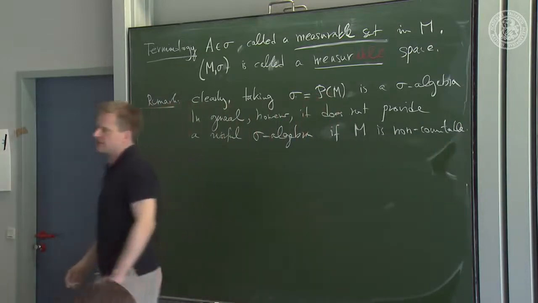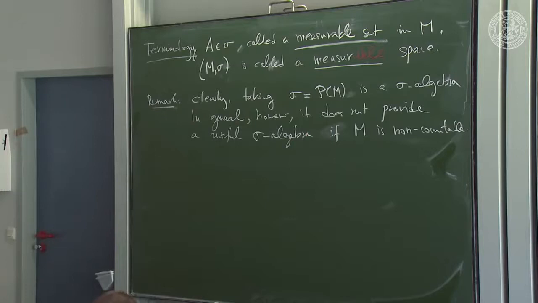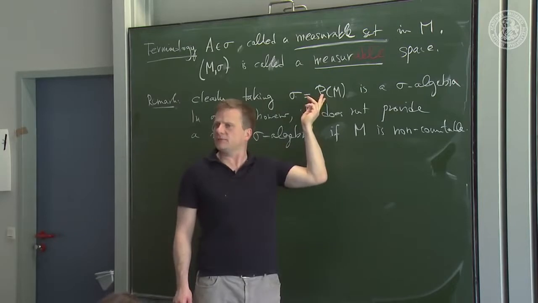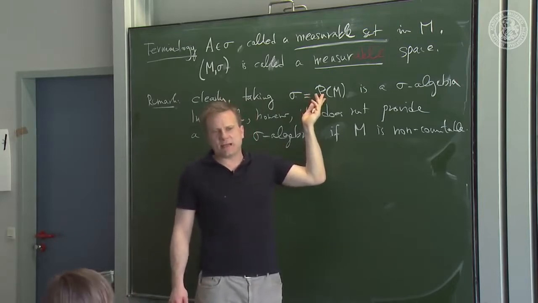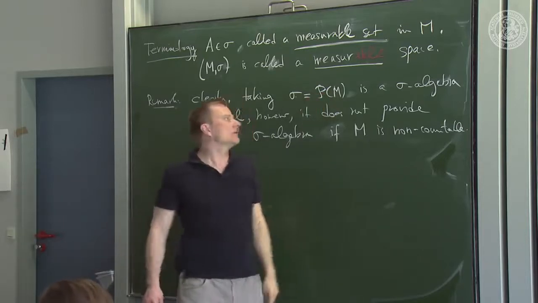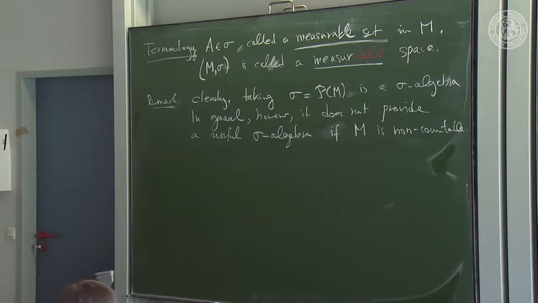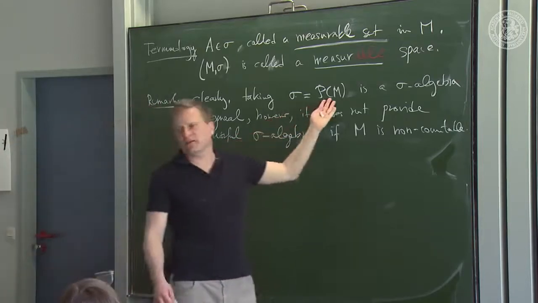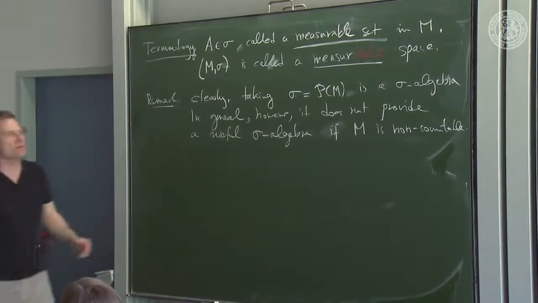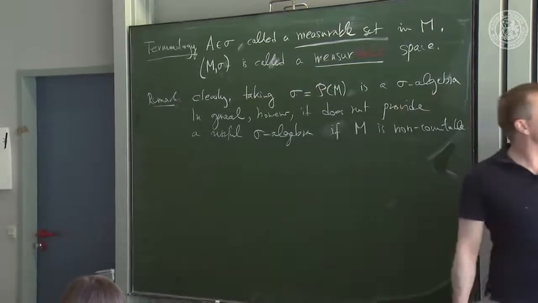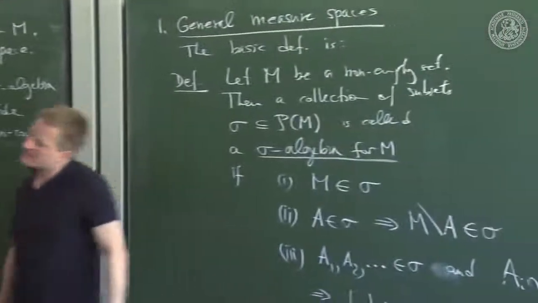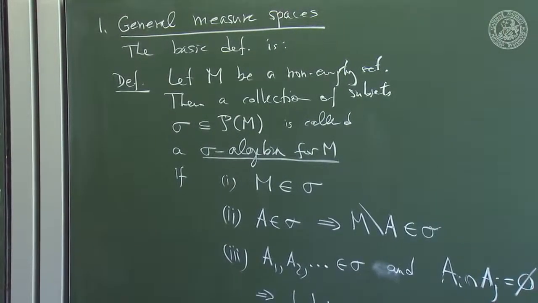So for countable sets, in converse, that's very often a meaningful idea to do. But as soon as the sets are non-countable, which is the case for any complex vector space, well, it contains non-countably many elements, then that choice becomes rather problematic and useless. Okay, but anyway, that's just a remark. Because you might say, couldn't I just consider every set a measurable set? Because it still satisfies this. Yes, but it's not meaningfully so. We will come to that.